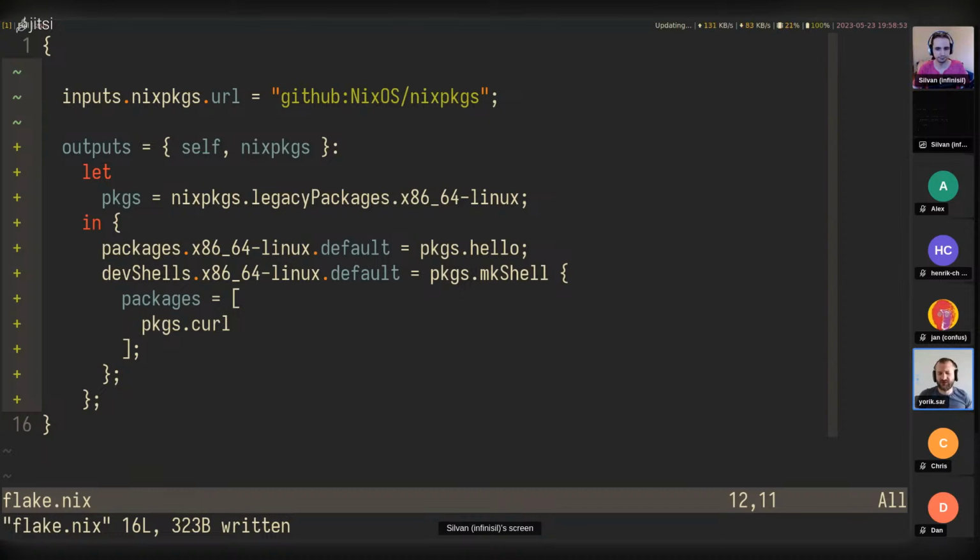And I think it will not go deep into packages output, but will go deep into legacyPackages output. So it's very arbitrary, I think. So you shouldn't put too much thought into it, basically.